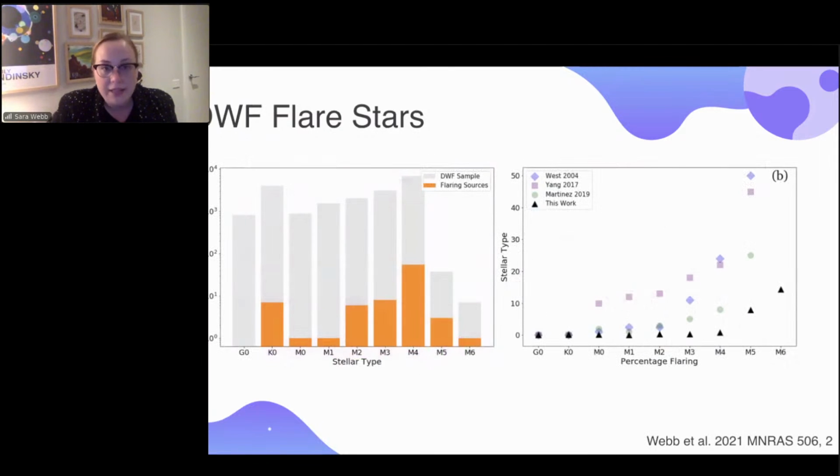And then finally, we were also able to just confirm that the majority of our flaring sources did come from those mid-type M dwarfs. So these are the ones that have the majority of their radius taken up by convection happening in the star itself, which again matches nicely to theory with magnetic dynamos and the actual magnetic field strength that you would find based on the convection. So that was a good check for us as well.